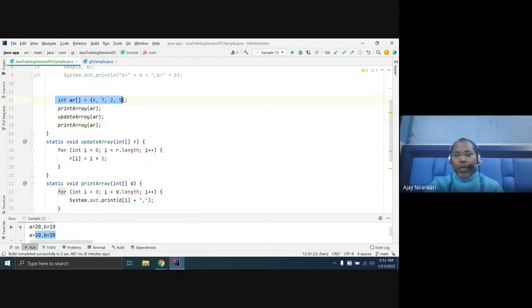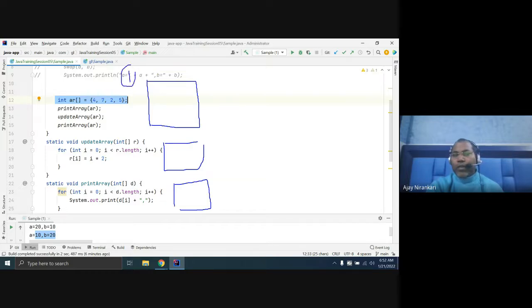Here you are writing a variable, right? Whenever the code runs, one stack is created for the main method, another stack for this method, and each method has its own stack. A stack is created when your method is invoked. Here first the main method is invoked, so first this stack is created, and it has only one variable AR.